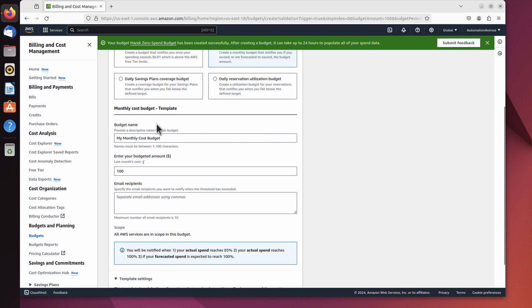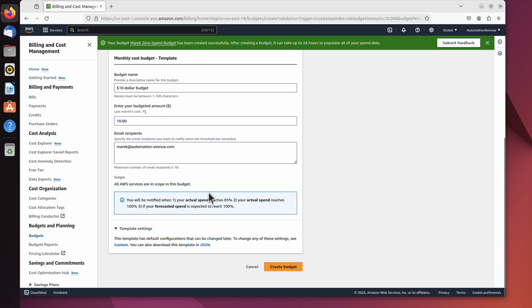Now we can scroll down. Let's call it $10 budget, so it's clear what it is about. Now we just adjust this value to $10. And again, the list of emails we want that notification to be sent to. And that's it. Below, you've got a summary of how it works.